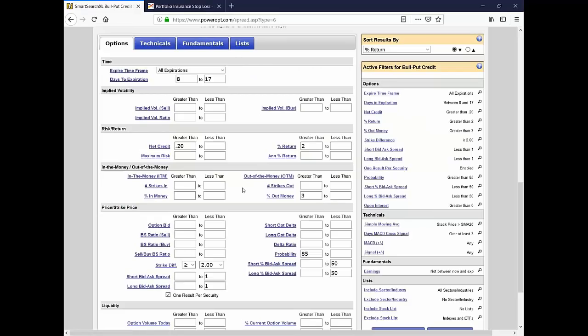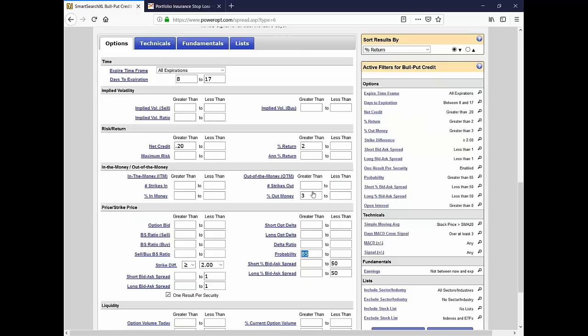What we found is that long-term, over different testing cycles, basically we've tested all the years with this criteria, originally from about 2014 all the way through to 2018 and more, first quarter of 2019. And what we found is that if you want to look for a good probability, which we found worked best, 85% or higher that the spread would expire worthless,